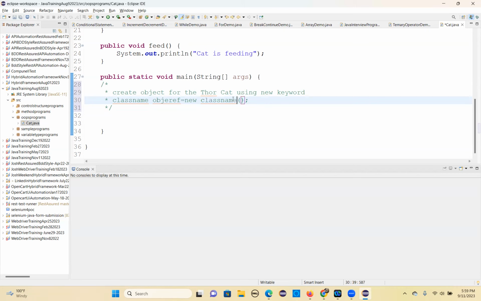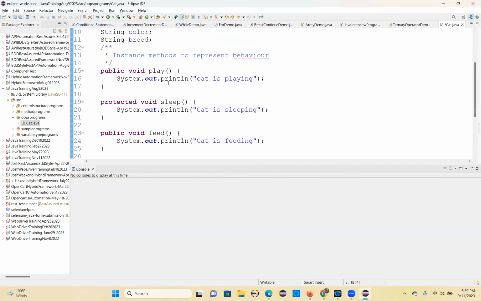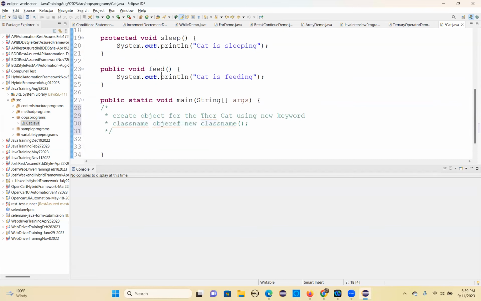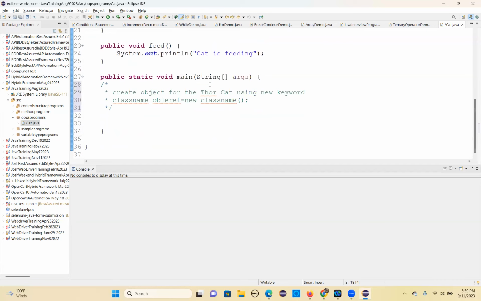Now here we are calling the default one. Why? This class doesn't have any constructor. By default, every class is going to have one default constructor, whether you create one or not. And here, if you see now,